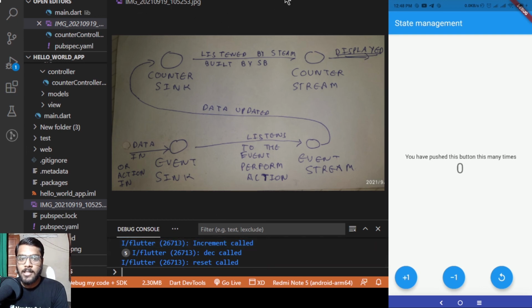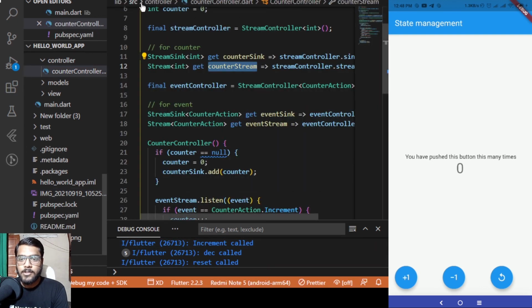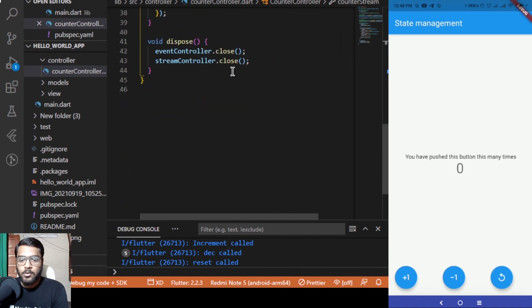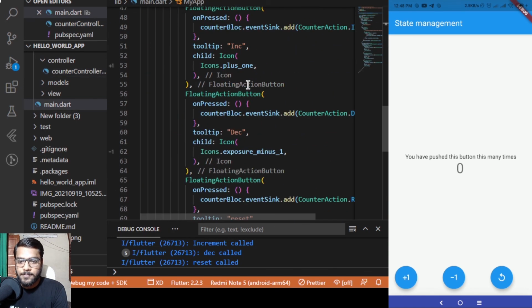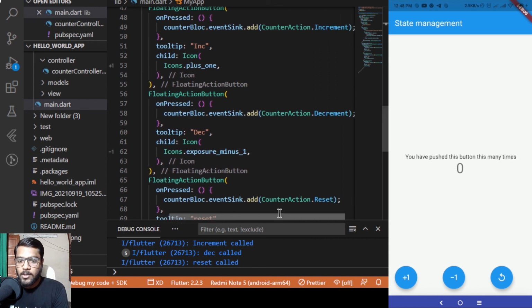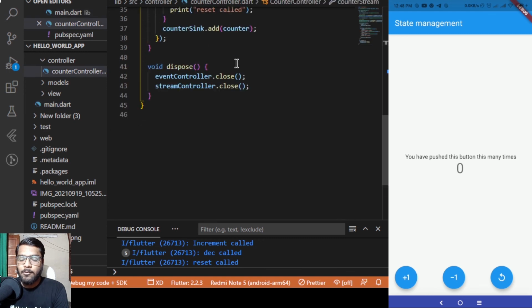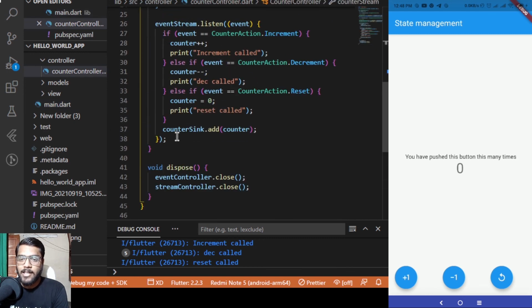Now let me show you the same inside the code as well. Closing this. So as soon as we click on the floating action button, you can see over here that we are adding the event inside the event sync. So that event would be going inside the event sync. Once the event has gone inside the event sync, the event stream would be listening to that particular event, and on the basis of the action being performed, it would perform that particular update on the data which we are having. Once the data is updated, we will then add that updated data to the counter sync which we are having,